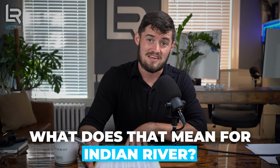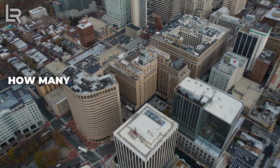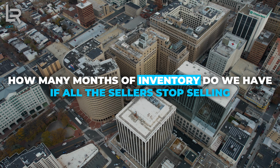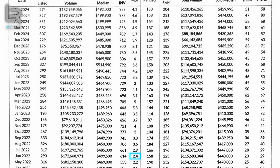Well, it's going to be the number right next to it, the MSI, the month supply of inventory. The month supply of inventory tells us a very, very needed stat. MSI is really simple. How many months of inventory do we have if all the sellers stop selling? If every homeowner said, I'm not selling my home, based off how many homes are currently on the market, how many months would we be able to supply our current buyer demand for Indian River before we run out? That number 2 years ago was at 2.4, then jumped up to 3, and now we see it at 4.1